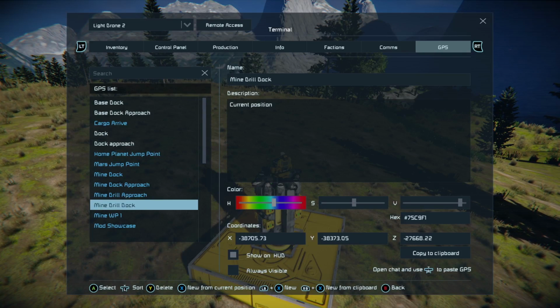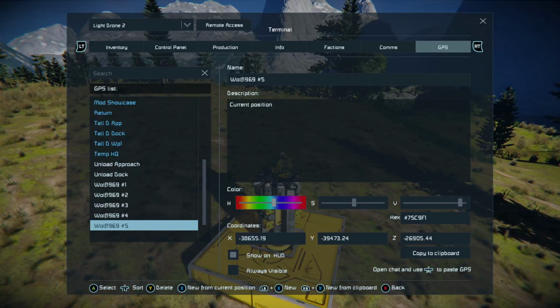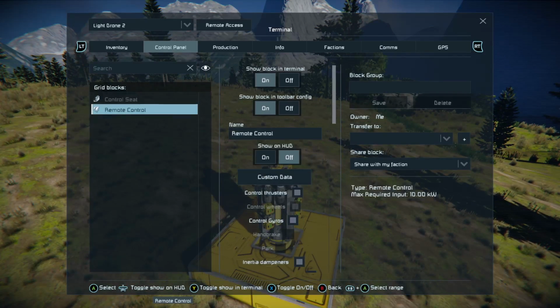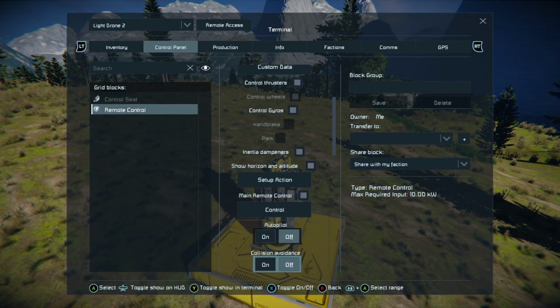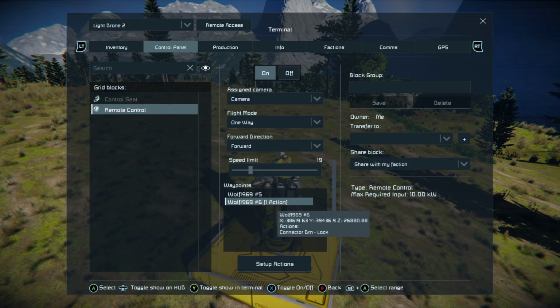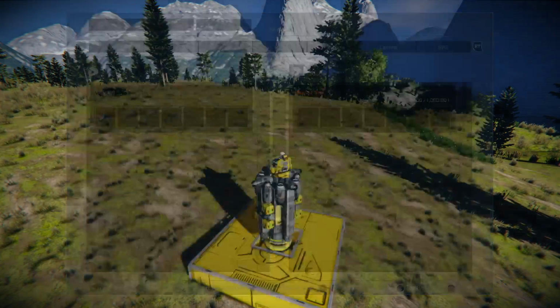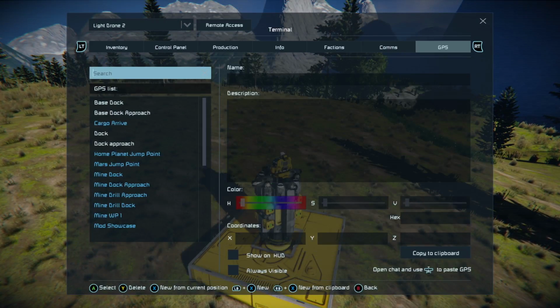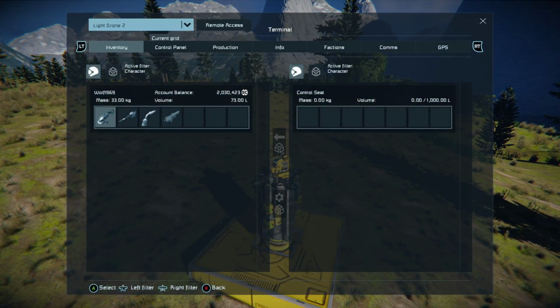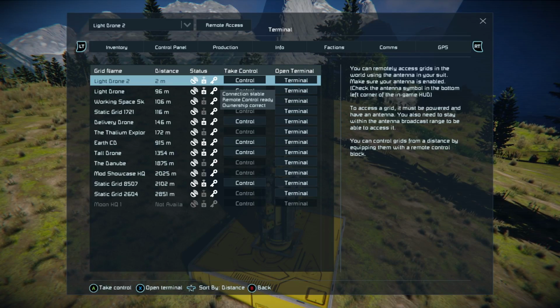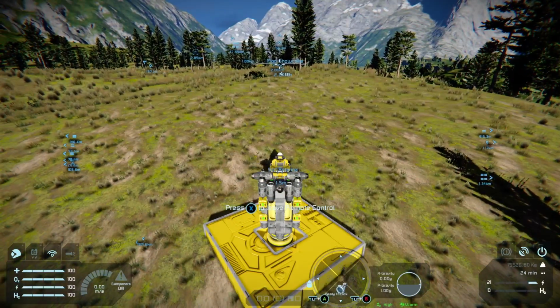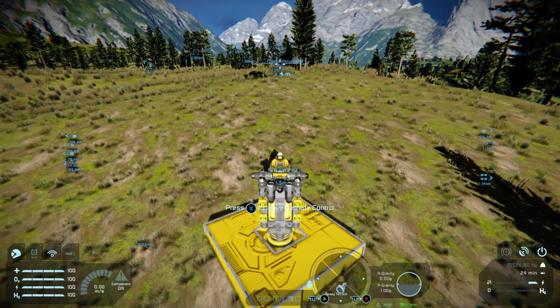So go to your GPS and come down until you get to waypoint 6, delete it, back across to your control panel, go to remote control, select waypoint 6 in there as well, remove it, go back to your GPS, and actually go back into your remote access first, take control, now go into your GPS